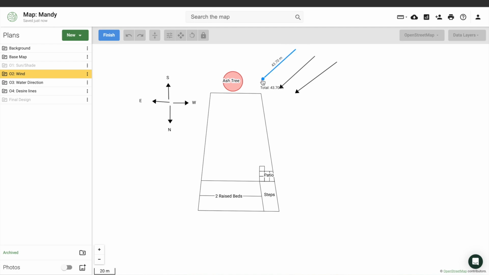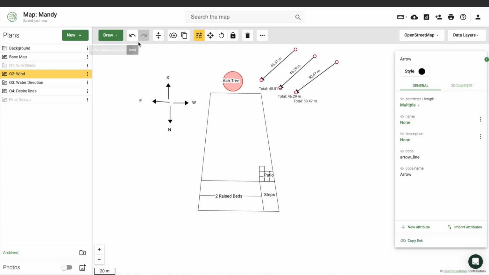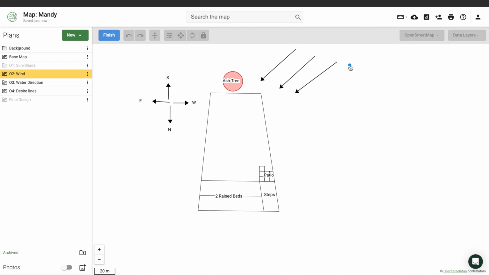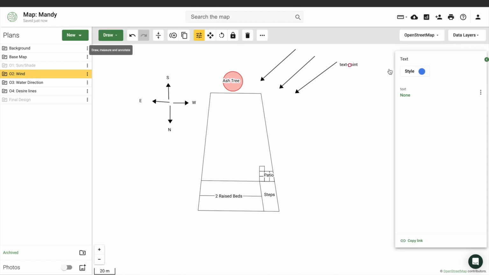But if your site doesn't have any fences and is not enclosed by houses and a community, then you might have an issue with it. So just for this example, this wind direction,